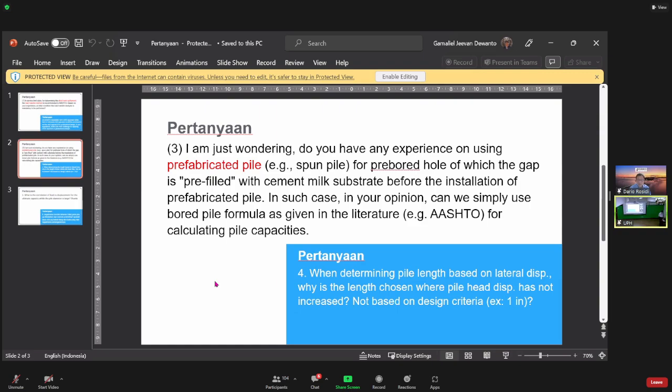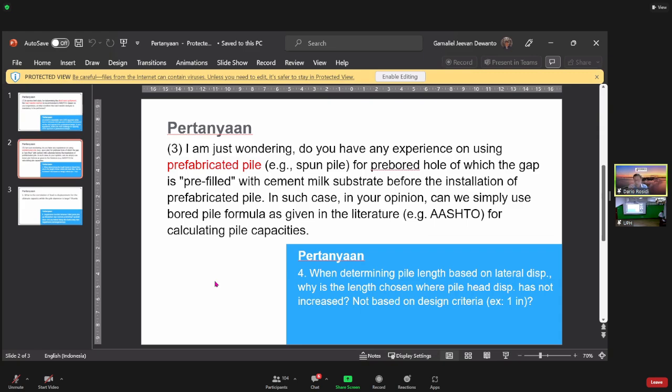Oke, langsung ke pertanyaan keempat lagi. Bagaimana menentukan panjang tiang berdasarkan displacement lateral? Ini Pak Dario, kriterianya bagaimana? Atau itu ada sampai 1 inci atau bagaimana? Yang nomor keempat. Ya, kita tetap harus memenuhi desain kriteria. Kalau desain kriteria misalnya tidak boleh lebih dari 1 inch, kita make sure bahwa itu nggak akan lebih dari 1 inch. Cuma untuk menentukan panjang tiang untuk lateral load, kita biasanya lihat kalau memang